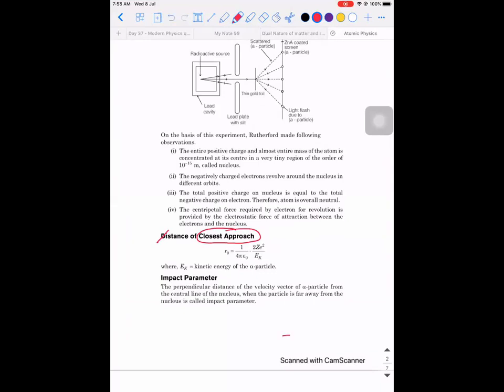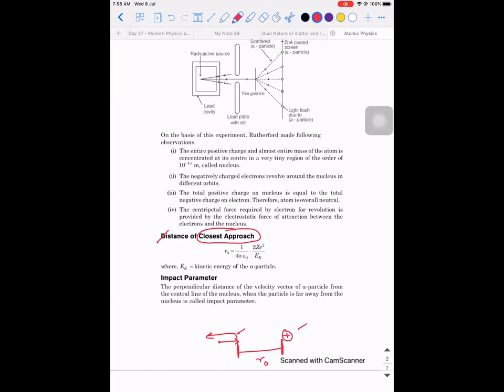So what happens in Rutherford's model? It was observed that you have a positive nucleus and the alpha particles, and when they approach, there will be a maximum distance of separation. There will be some distance of separation between the nucleus and the alpha rays, beyond which the alpha rays cannot travel. Right? The maximum distance that the alpha particle is able to travel close to the nucleus before it takes a turn of 180 degrees is what is called the distance of closest approach.